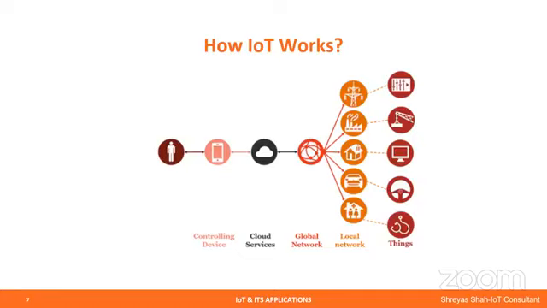Then comes controlling devices. These are basically smartphones or tablets, which have applications to control or use the end devices, that is things, via a global or a local network, which are also connected with cloud services. That is, it can store the data or analyze the data as and when we require. Not just an IoT based example, but a simple example. You can check someday, if you are eager to know.